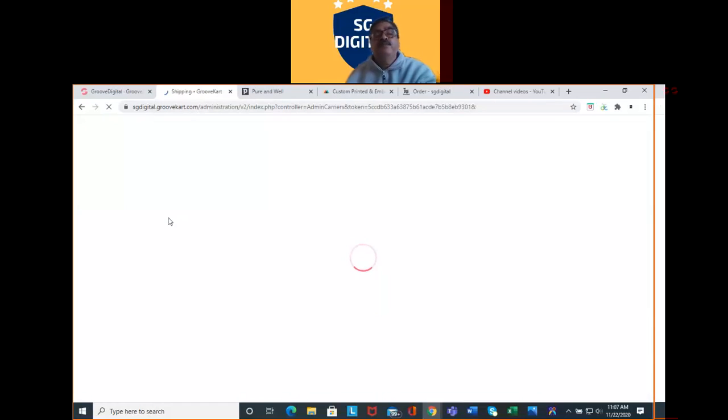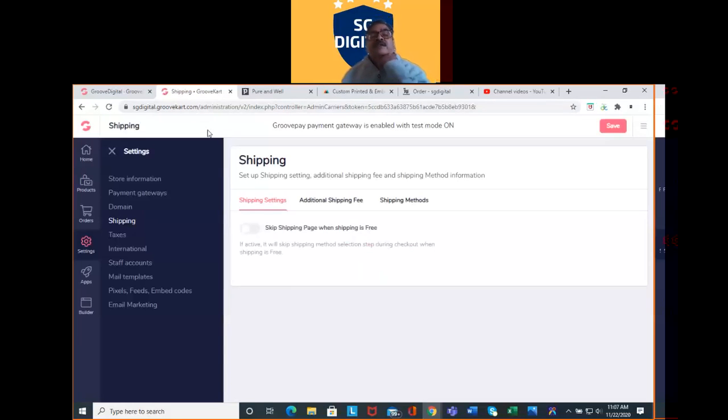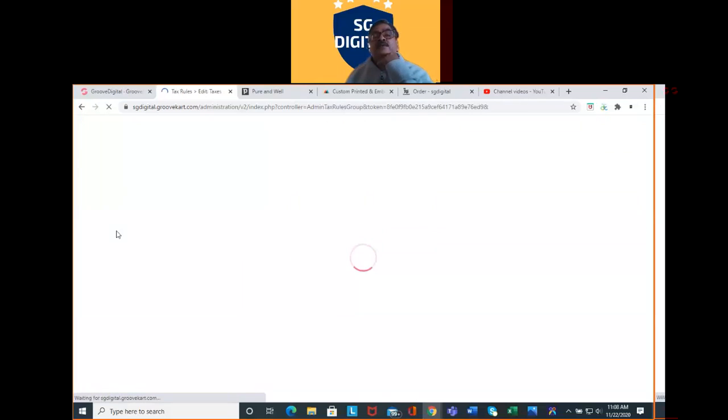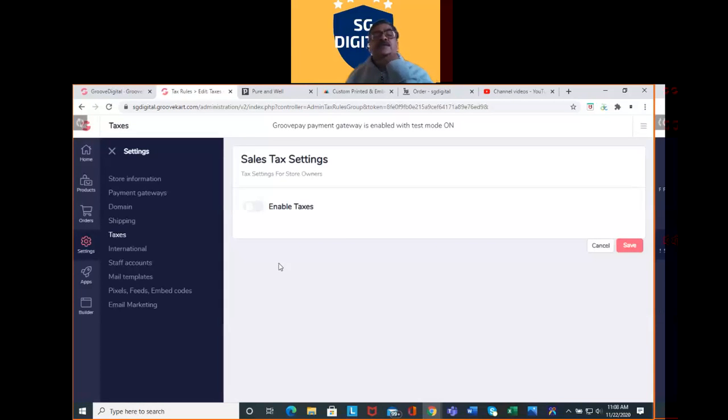Then the shipping setting is there. Skip the shipping page when shipping is free. Shipping settings, additional shipping fees, shipping methods. So you can design your own shipping methods here. Then taxes: depending on which part of the world you're from, as per your country's regulations, you can set your sales